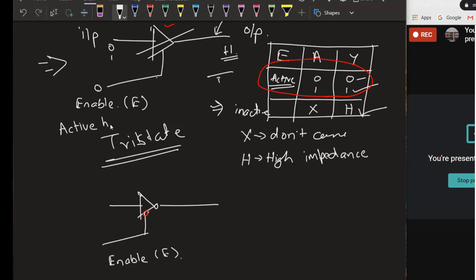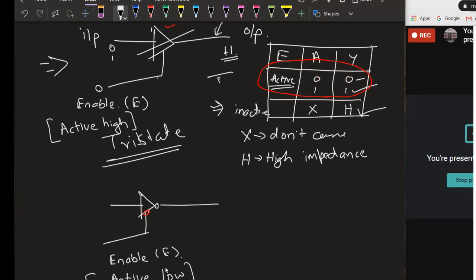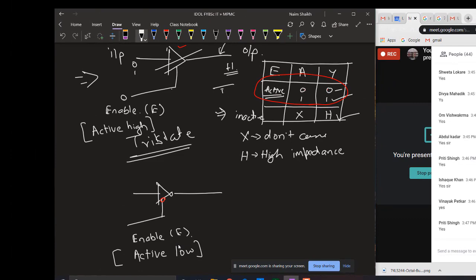और इस टाइप के बबल में, जहां पे इस टाइप के बफर में, ट्राई स्टेट बफर में, जहां पे आपको बबल दिख रहा है, अनेबल पिन को याद रखना. मैं क्या कह रहा हूं, ये आउटपुट का बबल को नहीं बता रहा हूं, मैं अनेबल पिन को बबल जो दिया है उसकी बात कर रहा हूं. तो अगर वहां पे बबल है तो उसे कहते हैं एक्टिव लो. This kind of input is also called as active low. तो इसका मतलब ये है कि जब भी मैं कहूं कि आपका ये इनपुट एक्टिव हाई है, तो वहां पे आपको 1 देना पड़ेगा उस डिवाइस को एक्टिवेट करने के लिए, और जब भी मैं कहूं एक्टिव लो है, तो वहां पे आपको देना पड़ेगा 0 उस डिवाइस को एक्टिवेट करने के लिए.